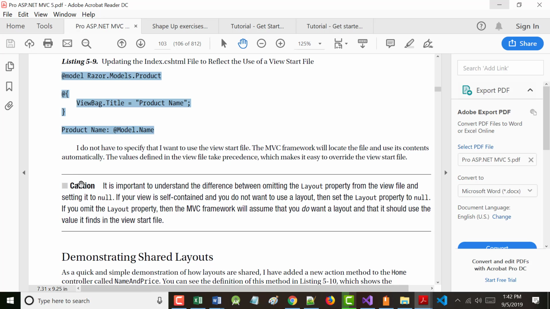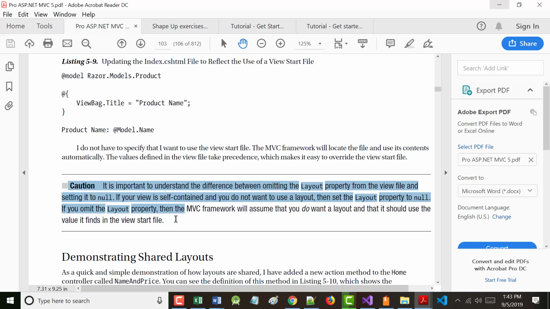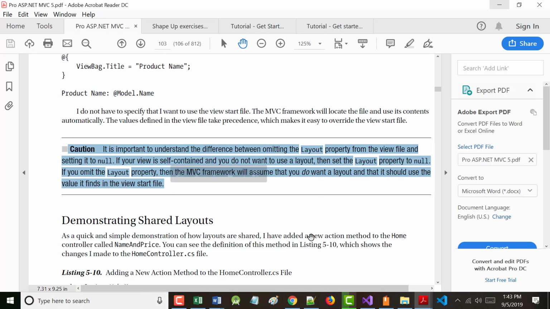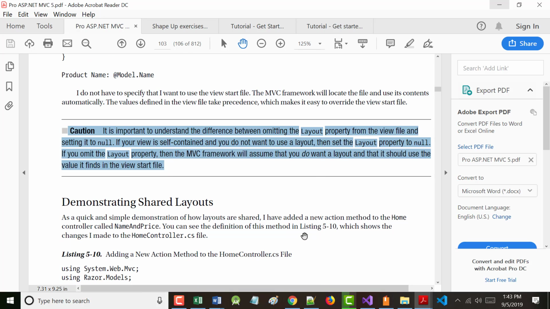They say this here, I know I said it before, but if you didn't get it, weren't listening, whatever, notice on page 103 in this caution, it's what I mentioned to you before. It's important to realize the difference between not having any layout property at all listed and having a layout property that says layout equal null. When it says it's equal to null, there is no layout file. When you leave it out completely, it says use whatever your default is, which again typically is going to be